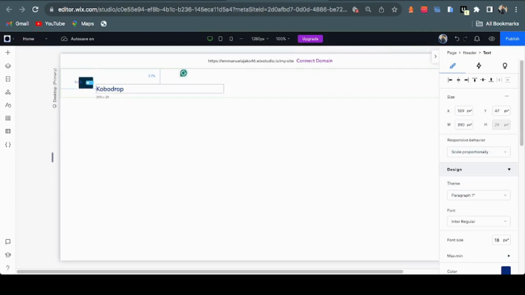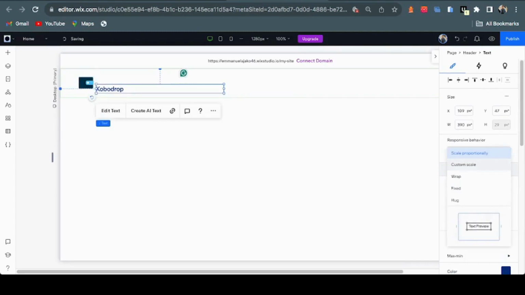Over here, you have the responsive behavior. You can either change it to custom scale, wrap, or fixed. Now, for custom scale, this will allow you to scale it to any proportion that you wish to scale it to. And for wrap,